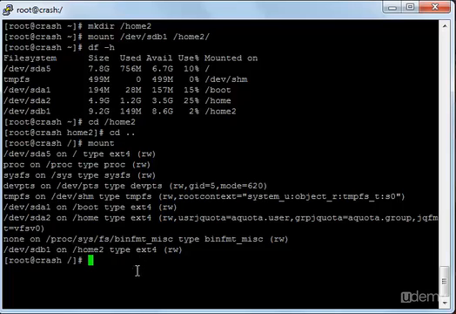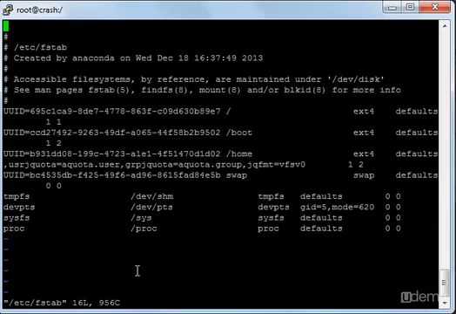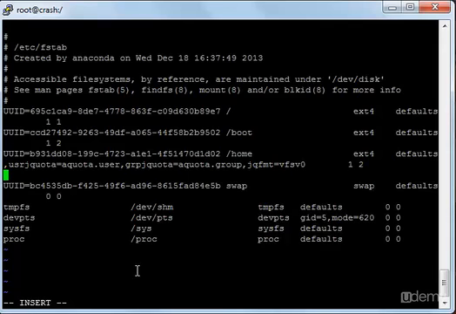Now to apply and save those changes, I'll have to edit the fstab file. I'll type vi /etc/fstab and press enter, and from here I will go down until this line over here, and I will go all the way and get in the insert mode, and press enter, and then from here I will add